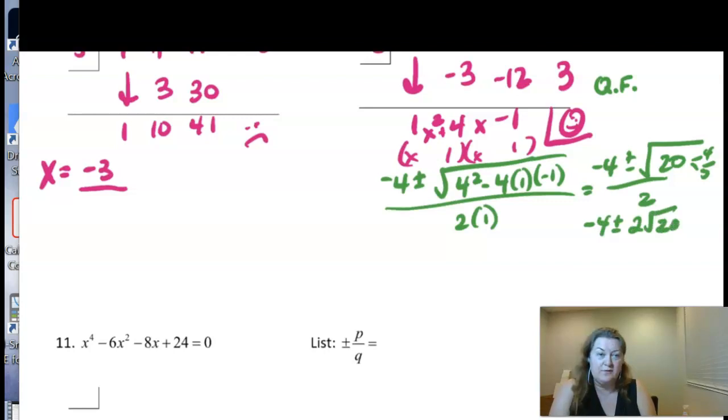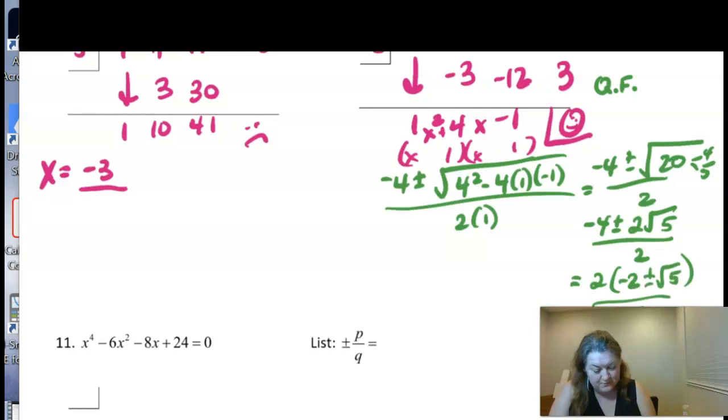Because if I take the square root of 4, I'm going to get a 2 on the outside, and then not a 20 on the inside. I'm going to get a 5 left over. All right, now I can't just reduce the 4 and the 2, right? But I can factor a 2 out. So if I factor a 2 out, I'm going to get negative 2 plus or minus square root of 5